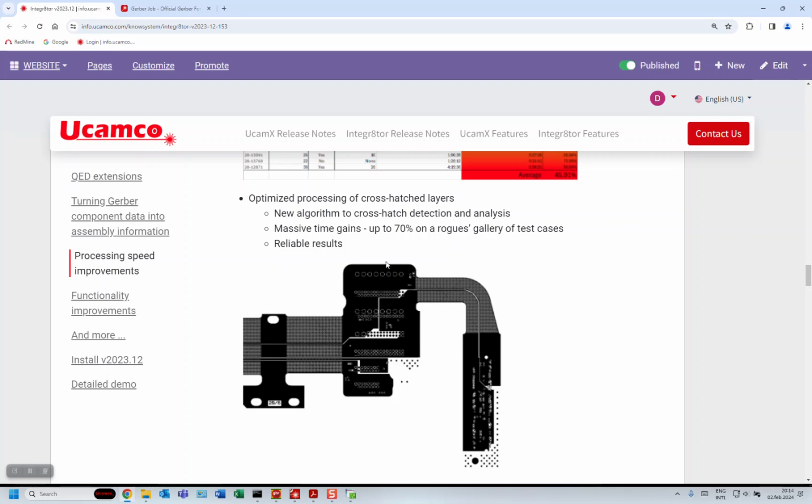And in this version of our Integr8tor release, we have incorporated a completely new algorithm to deal with cross-hatching. So there too, on yet another set of test cases, we have seen speed increases of up to 70% on jobs that used to take hours before, where they now will run in 20 minutes, half an hour, something like this. Having said this, this is still work in progress, in the sense that